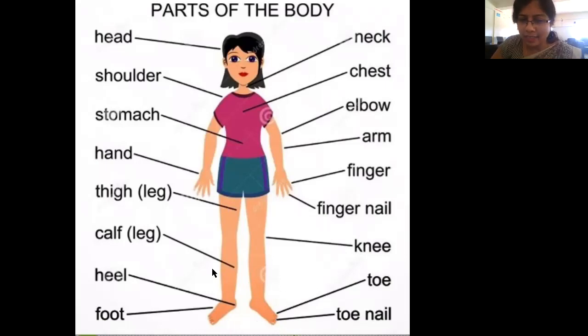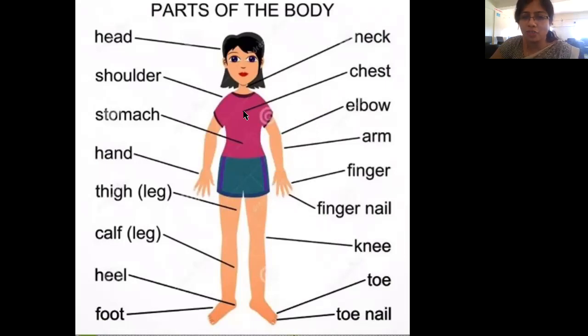Between your thighs and calves, you have a knee. Then your hands are having a palm. Palm has your fingers. Count how many fingers you have. And count, does each of your fingers have a fingernail or not? So your palms have fingers and fingernails. Then your hands are having arms,